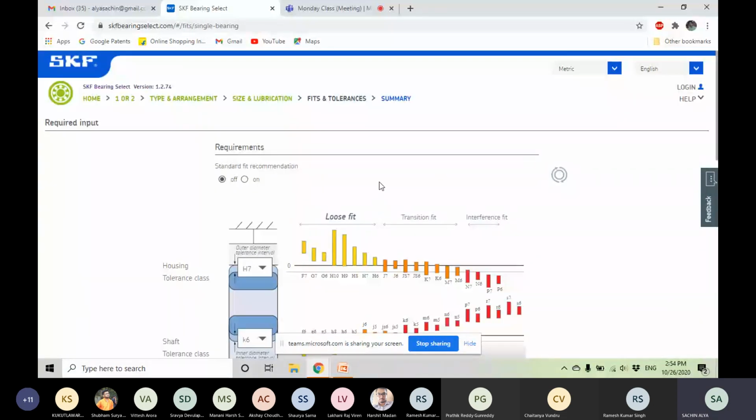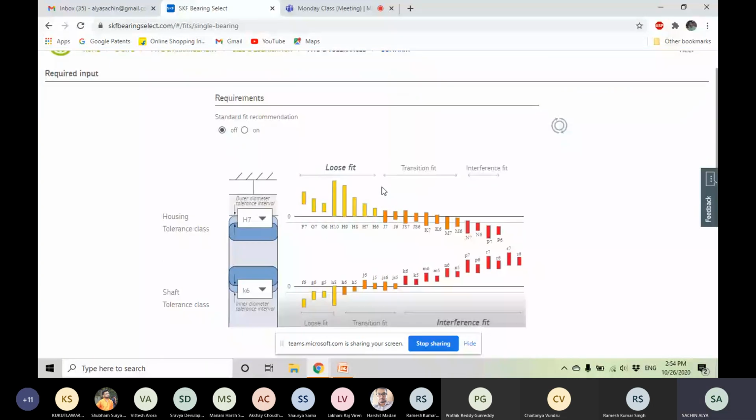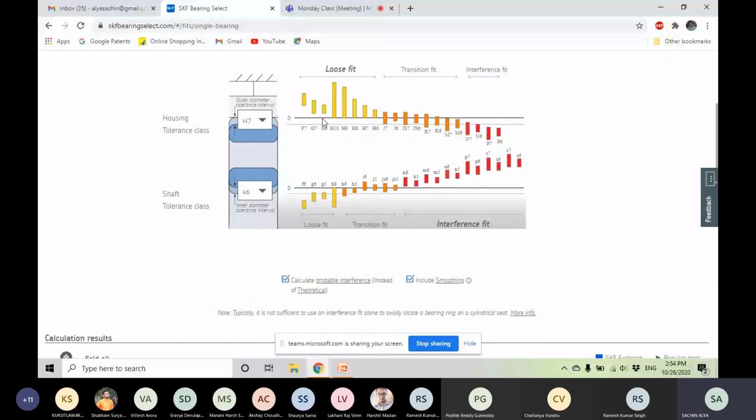So here comes the fits and tolerances of the bearing. So as we have discussed, fits govern the operation of the bearing, because let's say we have defined a loose housing, so the bearing will slip and there will be a loss of the power which we expect.